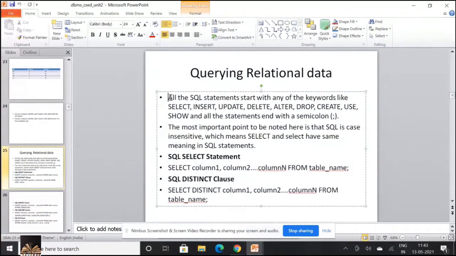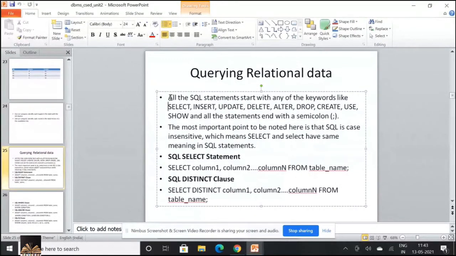So all the SQL statements start with any of the following keywords: select, insert, update, delete, alter, drop, create, use, show, etc. So these are the keywords with which usually an SQL statement starts with.